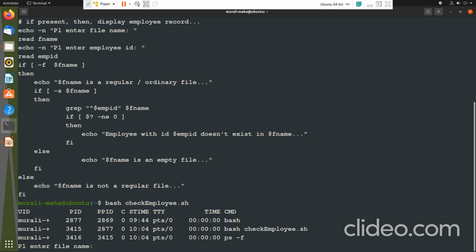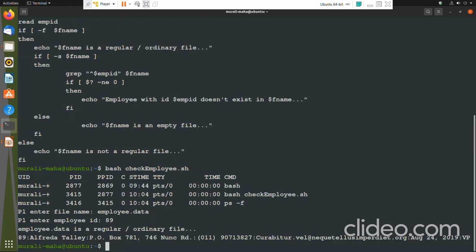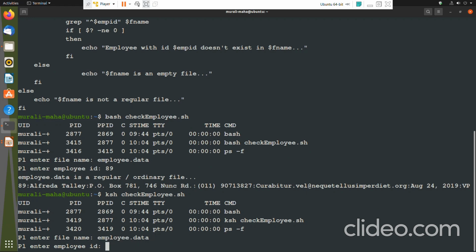Please enter file name, employee.data, please enter employee id 89, then it displays that employee. Fine. Now instead of bash I can execute with the ksh also. It is going to behave in the same way. employee.data, id 75.